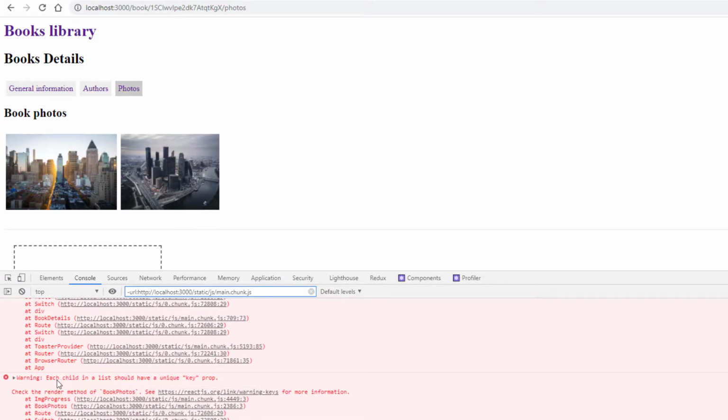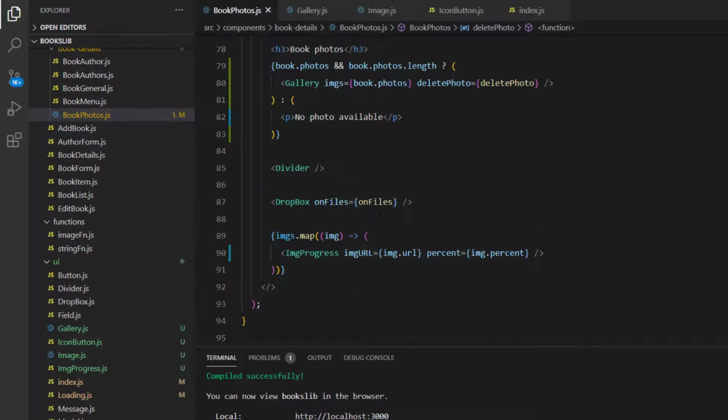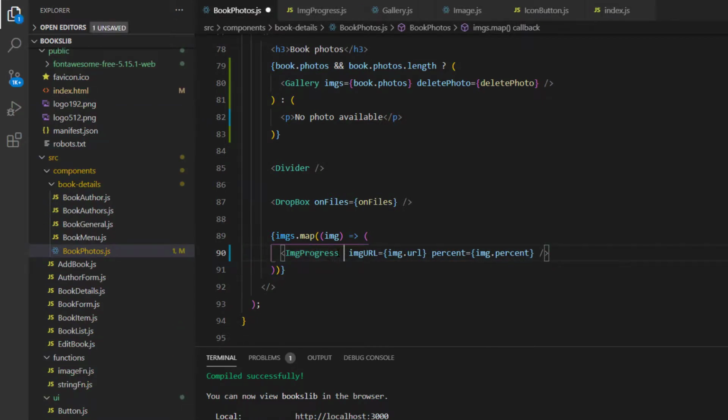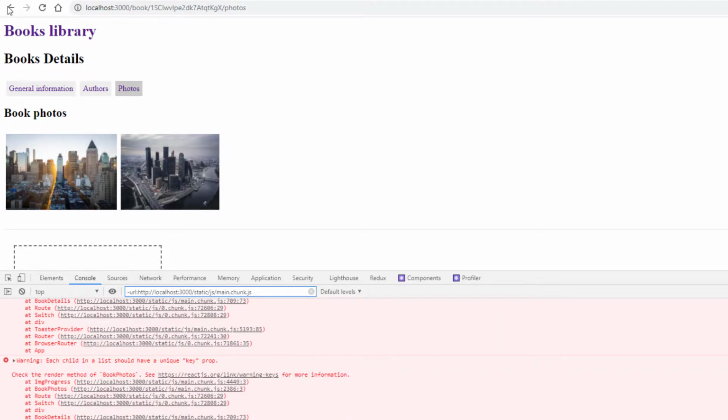Now for the next error: each child in a list should have a unique key. This is in the book photo here, where we are listing the images being uploaded. We need to add a key. The key will be the image URL, image.url. So now if I reload,